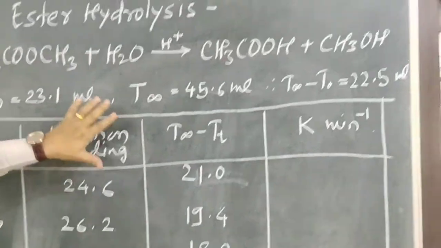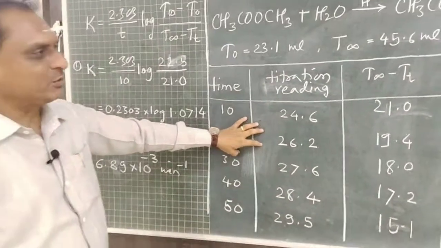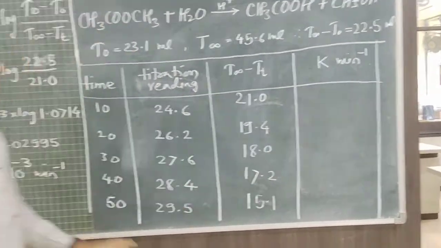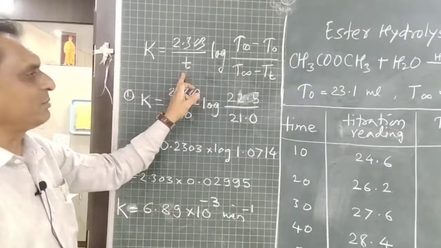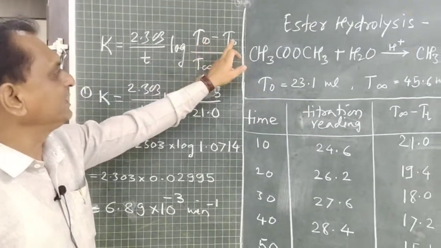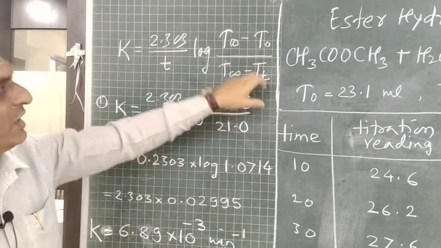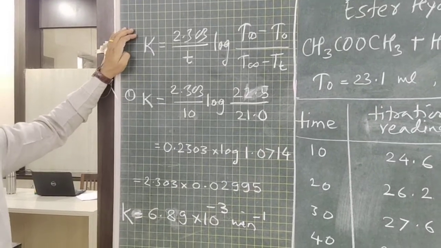So this part is of your observation table. Now for the calculation purpose, we have to calculate the K value here. The formula for calculation of K is K is equal to 2.303 upon t log (T infinity minus T0) upon (T infinity minus Tt). In your theory part, we have the same formula for the rate constant of first order